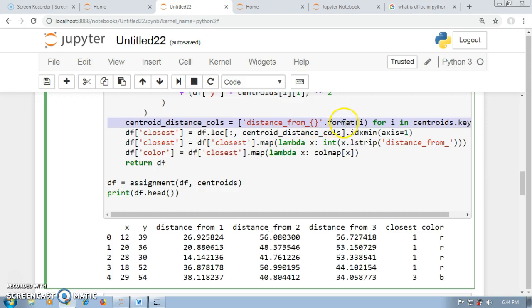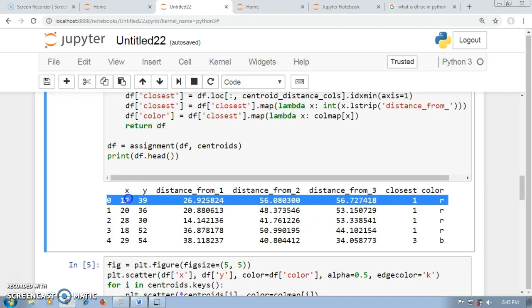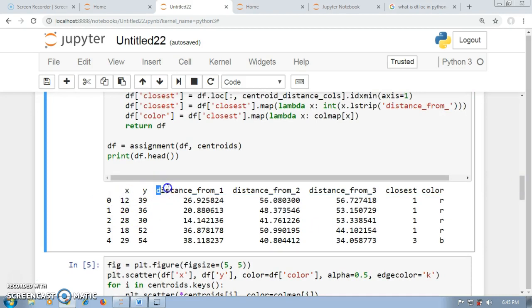So the distance from centroid I, where the I value indicates the centroid for I in centroid.keys. There are 3 keys, and for every key it will run for all the data sets. After that, we get the distance from each and every data point for every instance. Here you can see for the first data point, 12 and 39, the distance from cluster 1 is